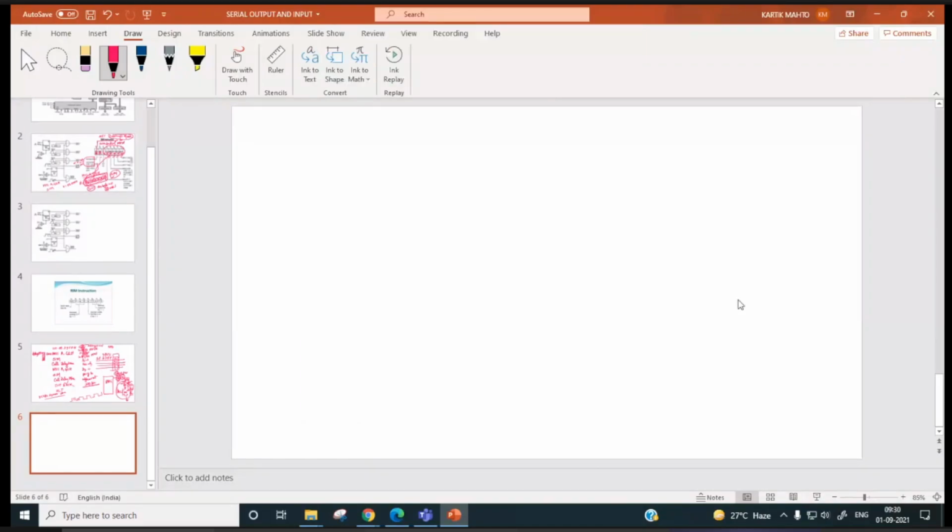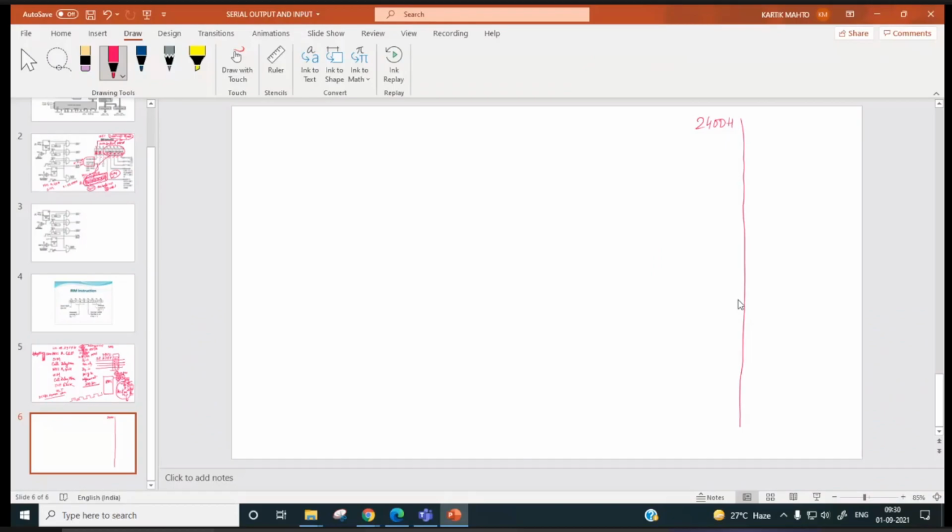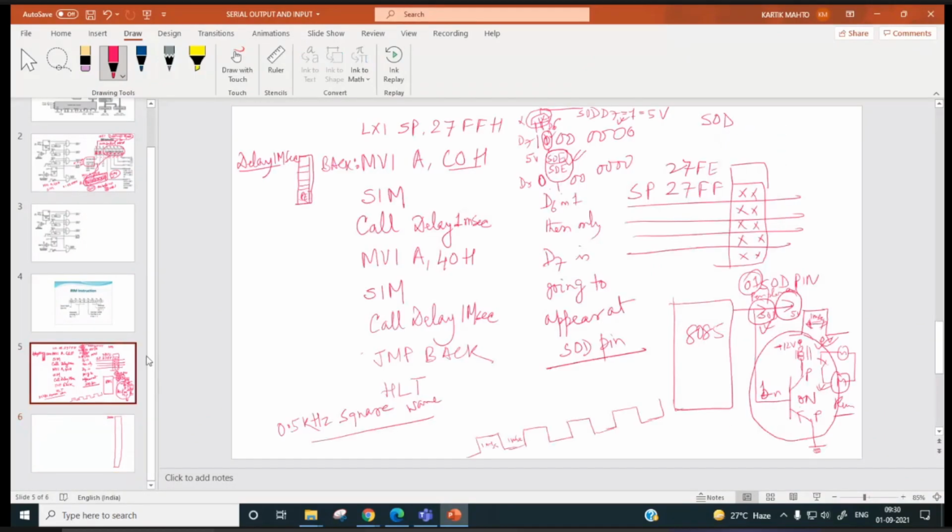Now suppose 2400H onwards. Okay, I'll go back to the previous program. Why have we initialized this stack pointer? Anyone? Because when this call subroutine instruction is executed, what will happen?